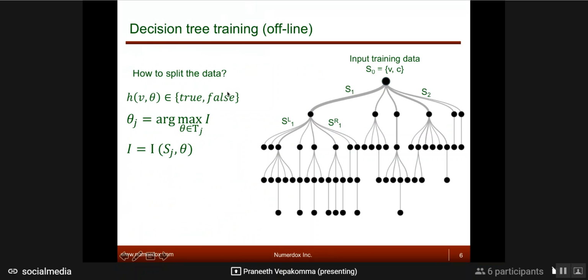Now there comes the final question. How do you grow a single tree? The point is, in this cartoon here, each of these S0, S1, S2 is a different variable. So if you have 100 features, each of them is a different feature. By the way, let me tell you something more fundamental. This is, say, one tree that random forest grew. You will draw 1,000 trees like this, I said, right?